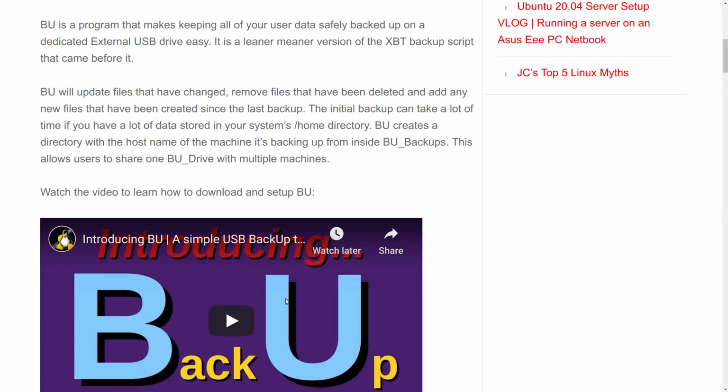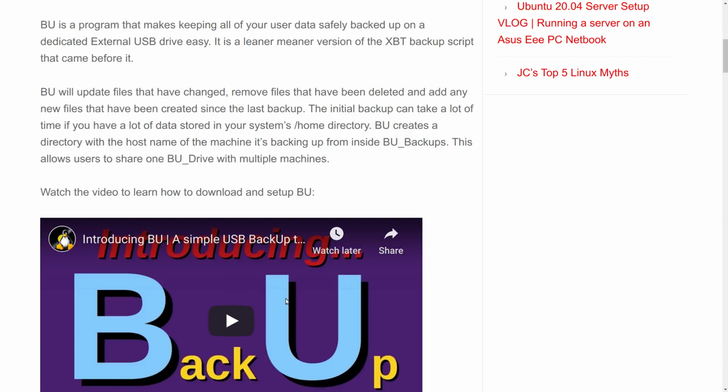And BU basically allows you to take any external USB drive. It has to be USB. You can't do this with an SD chip or any of that stuff. It has to be USB. And you plug it in, and then you have a partition on that USB drive, which is set aside just for use by the backup tool. And the backup tool can go and check and make sure that's there. And if it isn't there, then it won't do it. You can't just use it with any drive. You have to set the drive up.